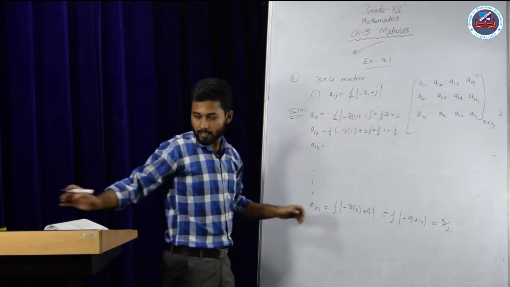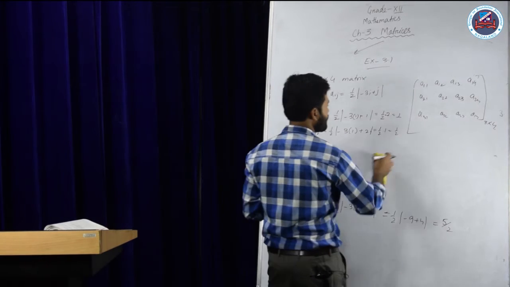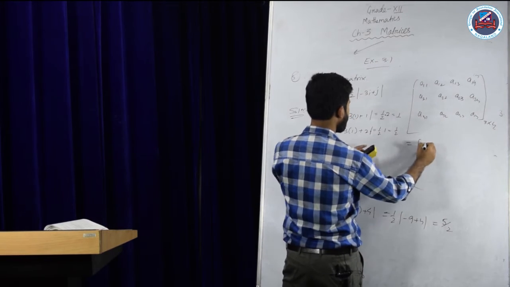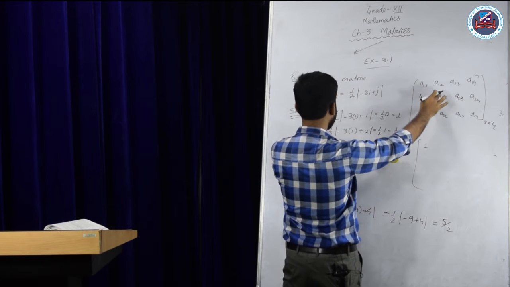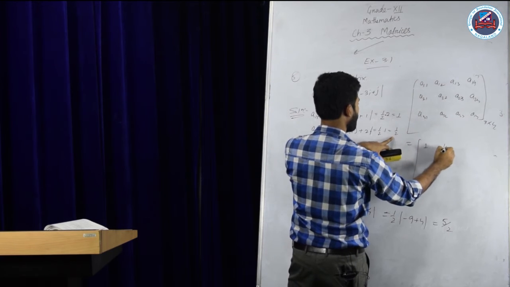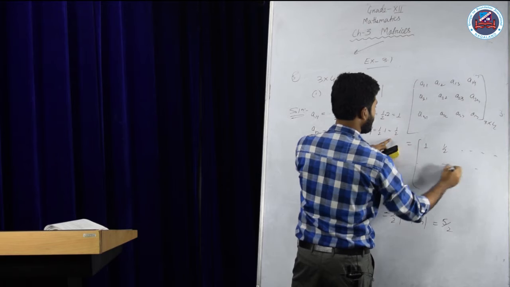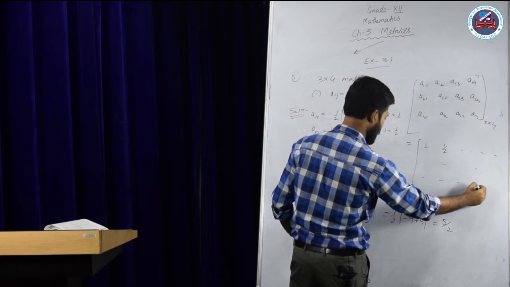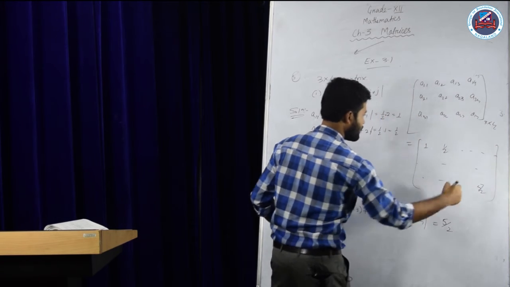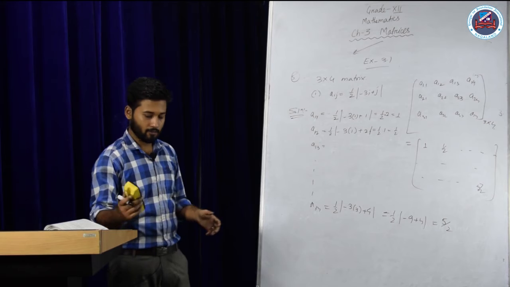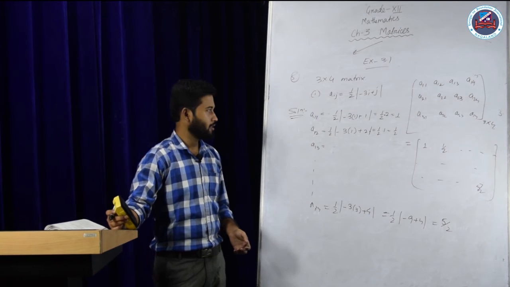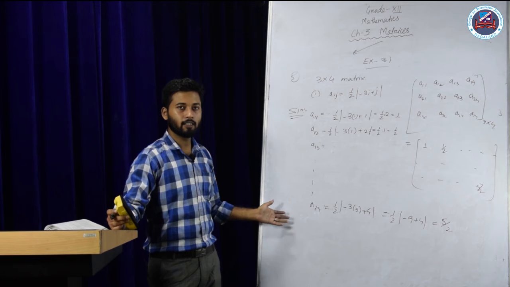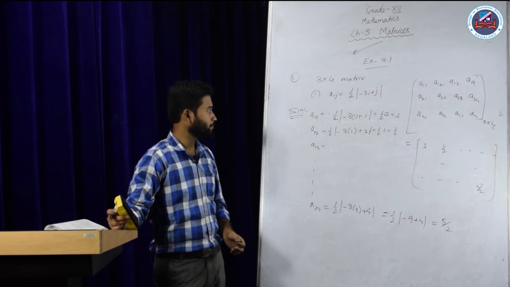Now replacing these values, in the next line I can replace these values. Here for the element A11 I shall have 1, for the element A12 I shall have 1 by 2, and so on. And finally for the element A34 I shall have 5 by 2. Here, for less space, I am doing it like this, but this problem is already done in the PDF, you can see it from there.